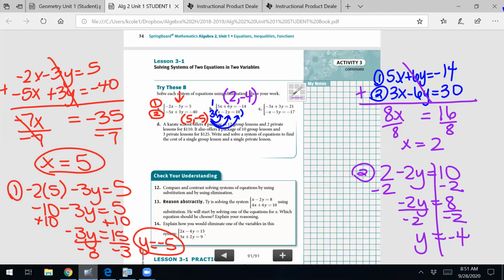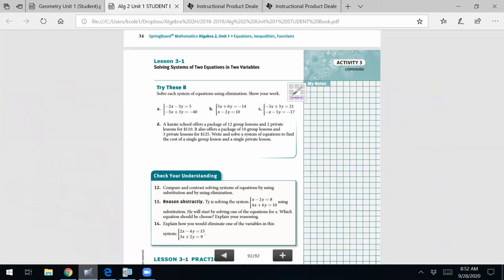All right, C is going to be the more challenging because it's not an easy fix. Well, kind of it is, I guess. But if you look, the x's don't match, the y's don't match, so you're going to have to multiply to make them match. So what do you want to multiply by? Multiply by negative 3. And that's perfect because if we multiply by negative 3, that's going to make that positive 3, which is what we're looking for. We already have a negative 3, so we're multiplying. That's going to make it positive 3.